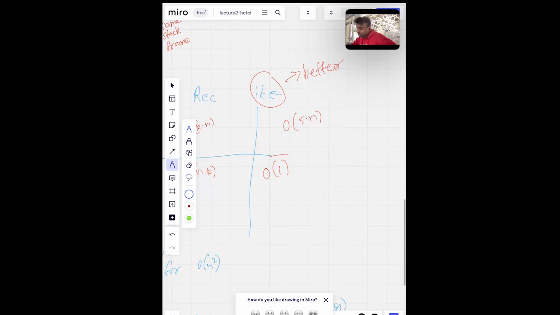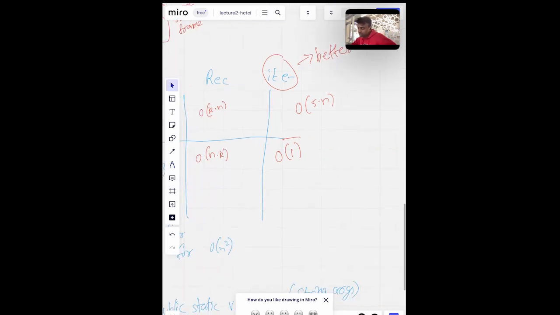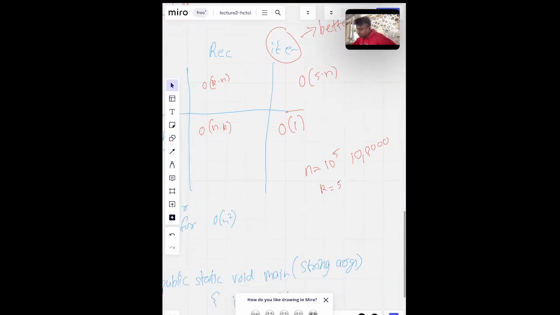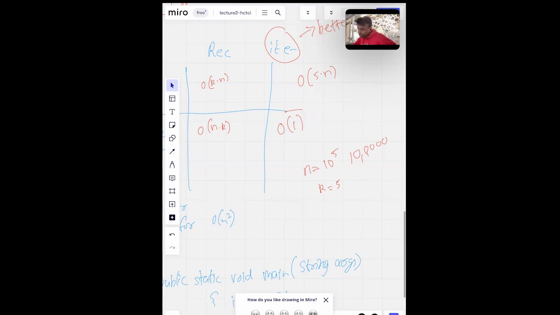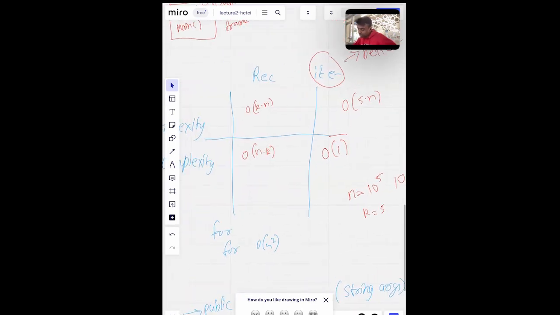So then let me give you an example. Let's say we have n is 10 power 5. We are basically telling you, give me the factorial of 100,000, right? And then let's say in the code, we have 5 of these instructions every time. So what happens is, in terms of time complexity,